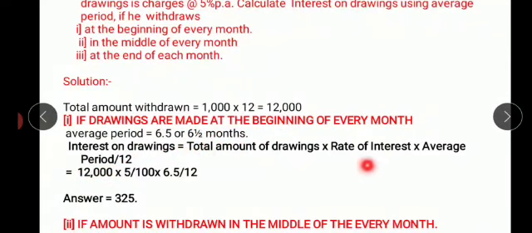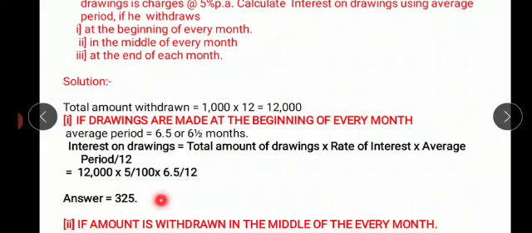Now 12,000 into 5 into 6.5 divided by 12. So 12,000 into 5 upon 100 will give me 600, divided by 12 into 6.5 will give me